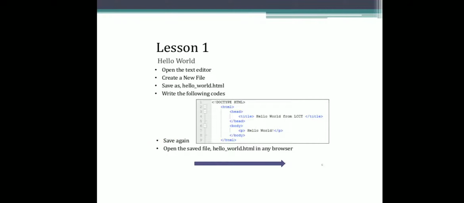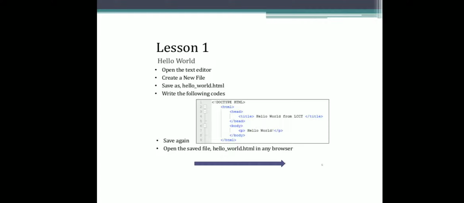Once the Notepad editor opens, open the text editor, then create a new file and save that file using filename.html. In this HTML program, if you want to save the programs, you should use an extension called HTML.